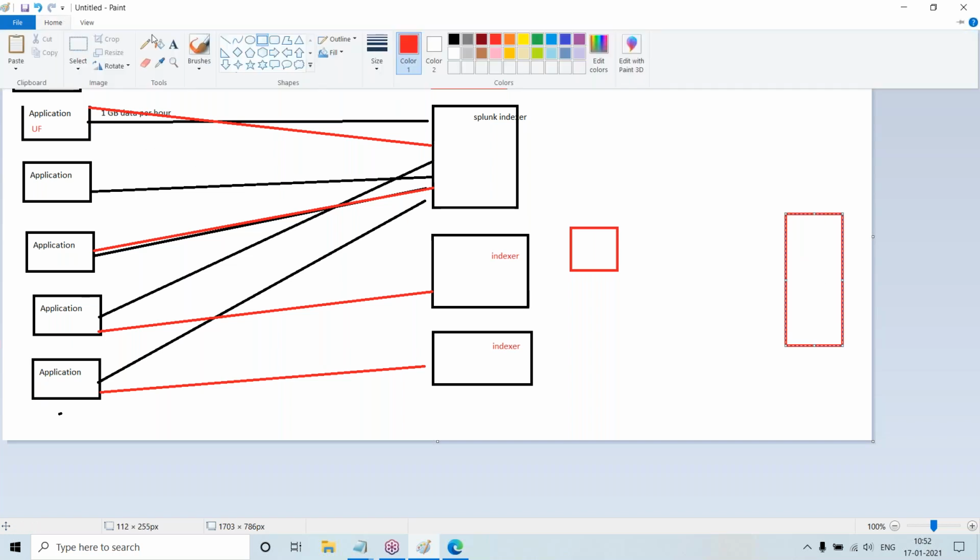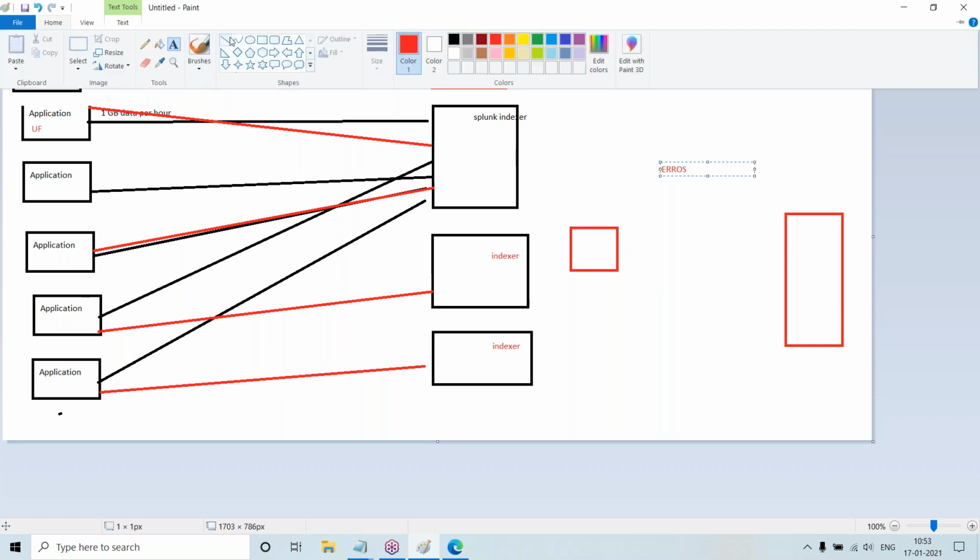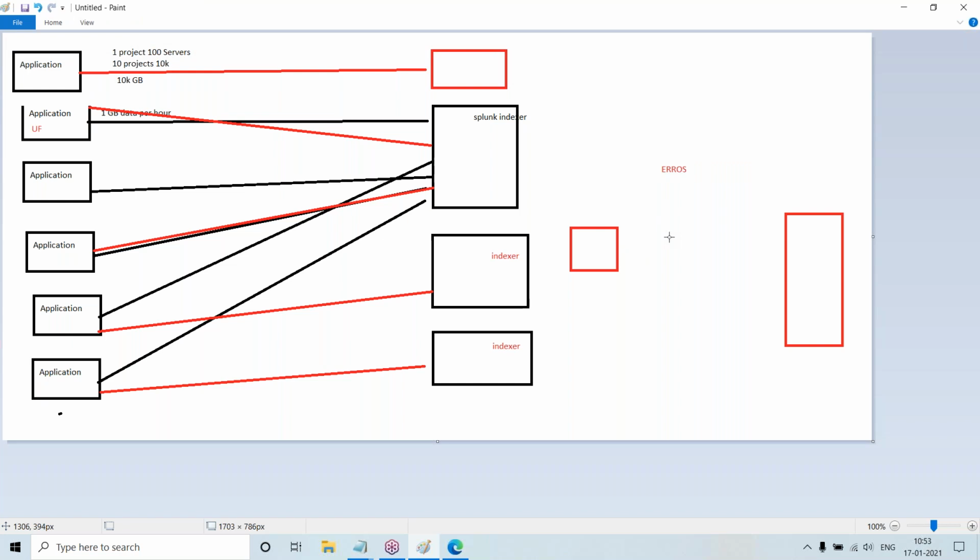My customer requirement is that I want only errors to be stored. I don't want the passed transactions. Let us assume this is my requirement.